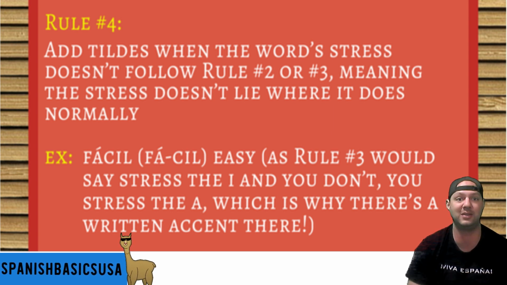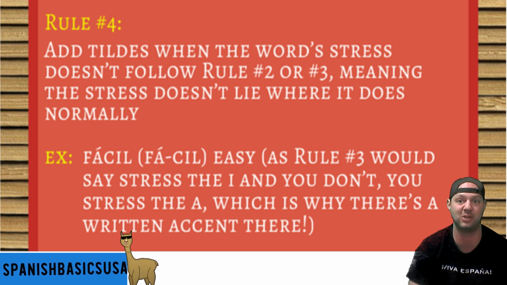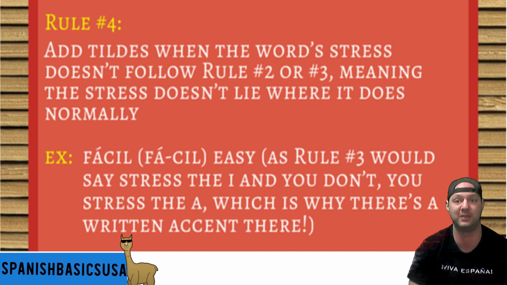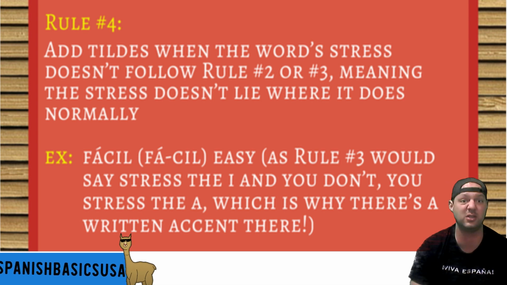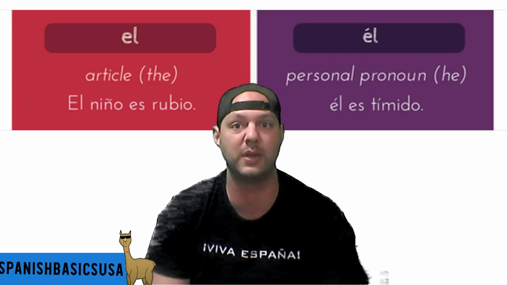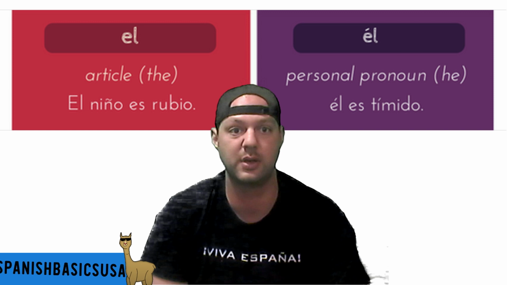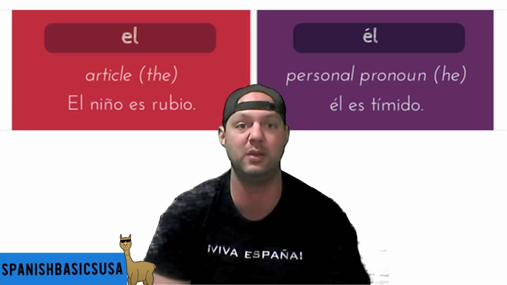And because it doesn't, because the stress is on the A, we have to put an accent mark there, or a tilde, all right? And so it becomes fácil. Es fácil hacerlo. It is easy to do it. Let's go on to the second reason that we use accent marks, to distinguish the meaning of words that are